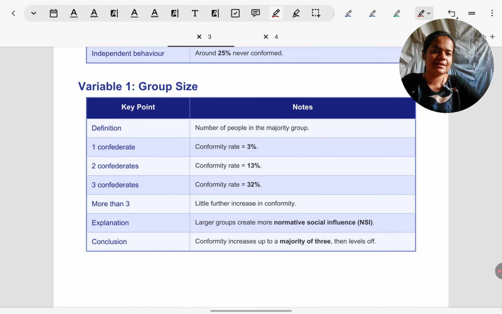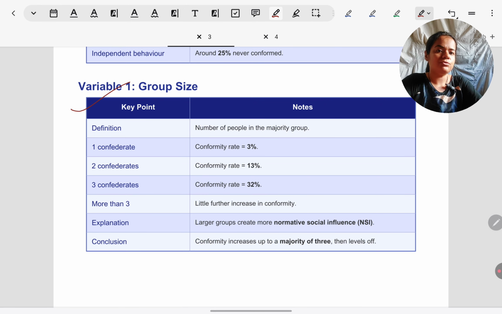Original Asch's study is not in the syllabus. It wasn't in the earlier syllabus either, but it's very useful to know about it because what we are going to see now is directly connected with this study. Also, you must be remembering in the previous lesson when we evaluated the types and explanations of conformity, we came across a point from Asch's study. So it's very useful for evaluation also. Now, I think if you go back to the lesson, you'll be able to understand that evaluation better.